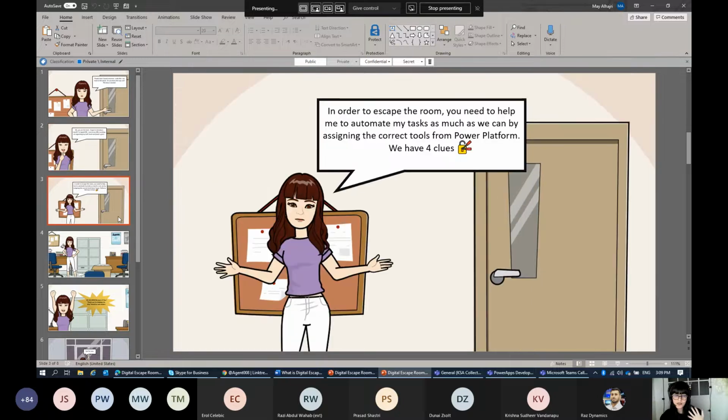So now, the third part: what's the solution? How can I be out from my office? How can we unlock this door? Now I'm explaining to the user that in order to escape this room, you need to help me, which is to help the character that we have in our room